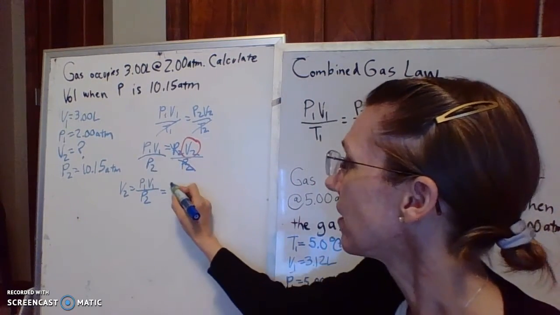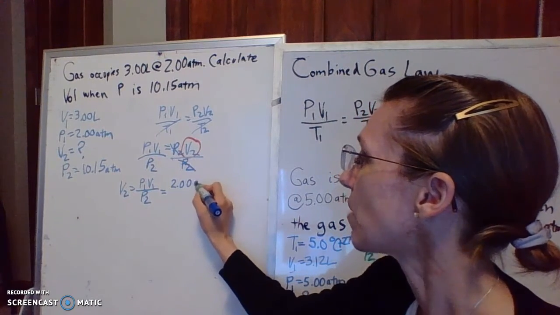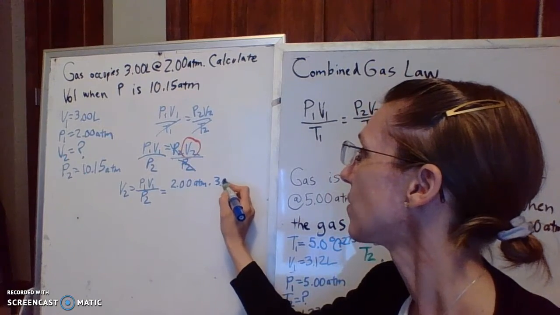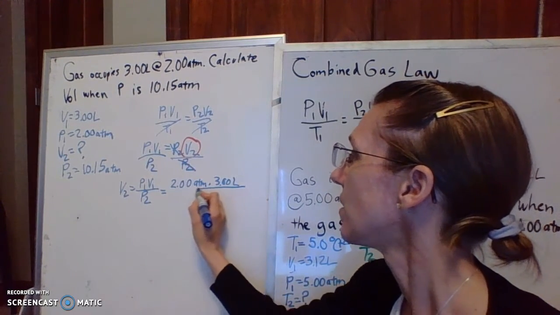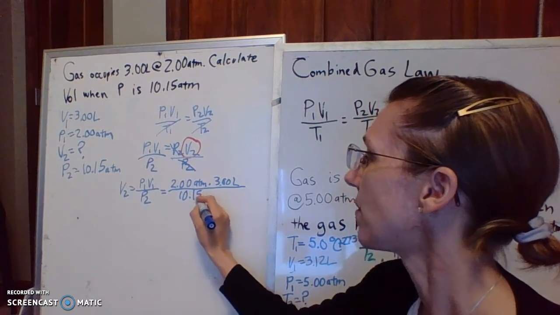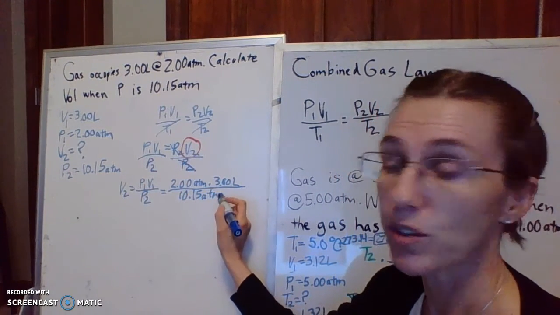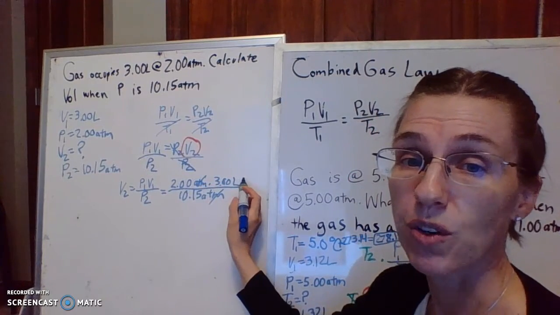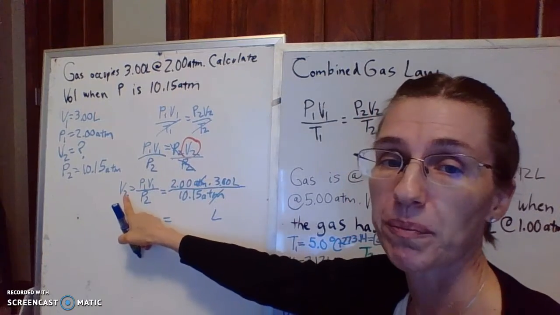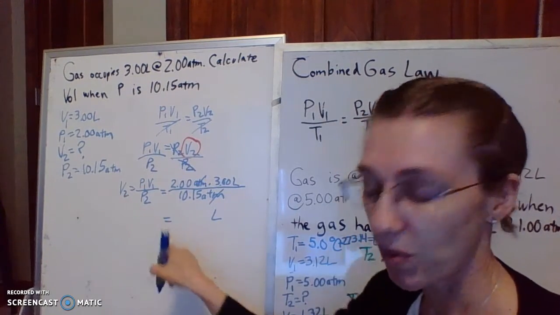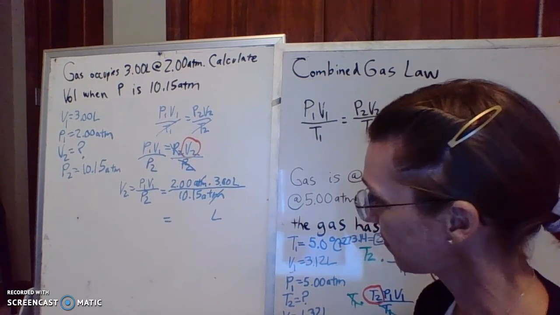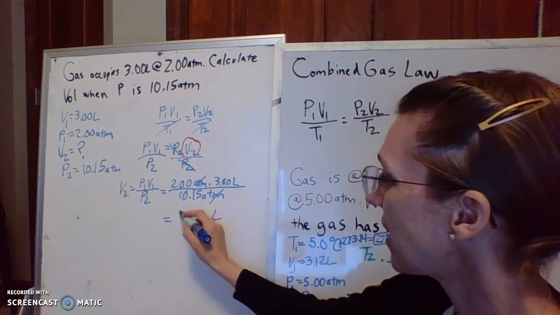Pressure 1 is up here, 2.00 atmospheres, times volume 1, 3.00 liters, divided by P2, which is our 10.15 atmospheres. Check our units. Atmospheres cancel out with atmospheres. The only unit left that we didn't cancel out is liters. Is liters a valid unit for volume? Yes, it is. So we know we're on the right track. Then we can take our calculator, and we can plug it into our calculator. And we get